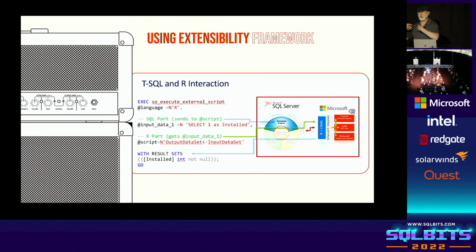And then I get the results back and I can do something with them. You can insert them somewhere. You can show them on the iPhone app you just wrote. Whatever you want to do, it's just SQL at that point. So there's a SQL part. There's an R, Python, Java part. And there's a SQL part. It's just a sandwich. Everybody got that? Very simple to use. And you're like, I don't know how to write that R part. Go find a data scientist.